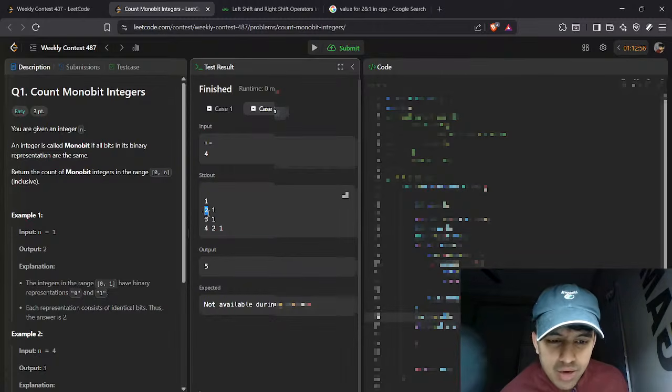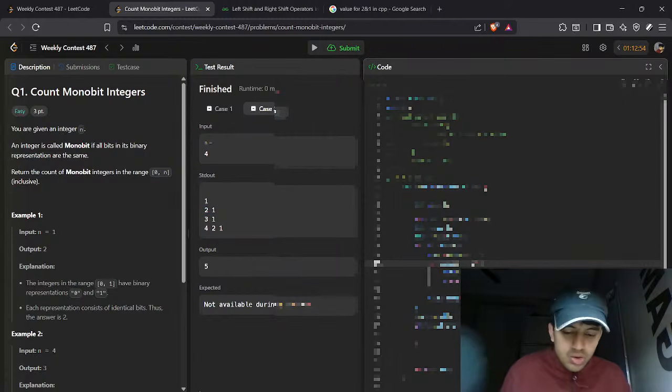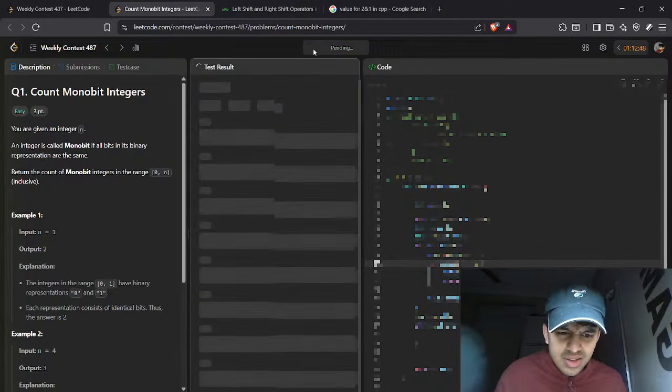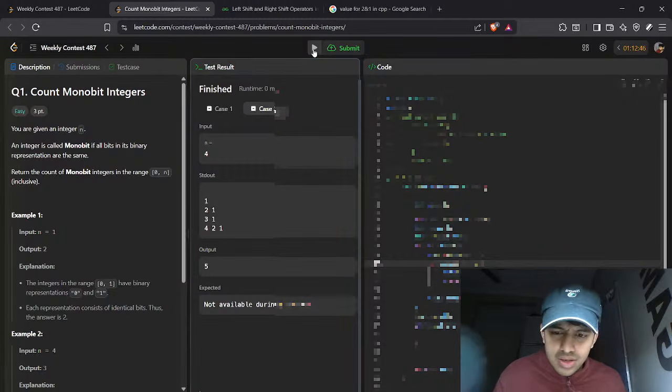If temp and 1 is not equals to 1, false. If temp and 1 is not equals to 1,